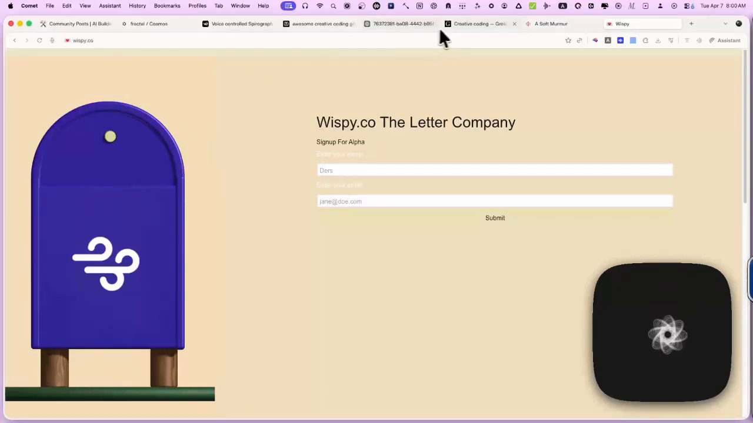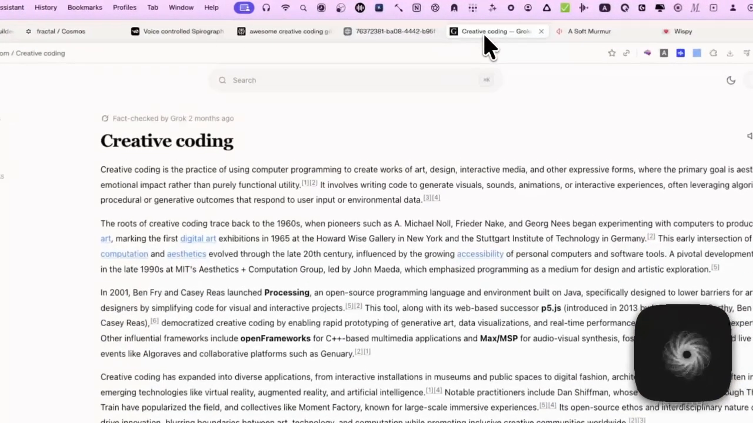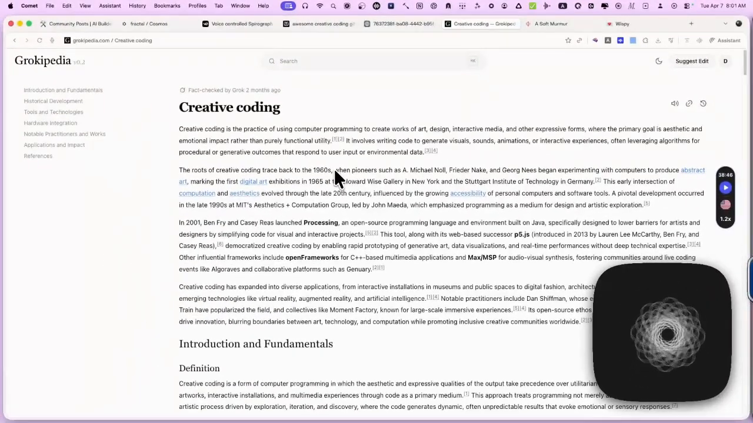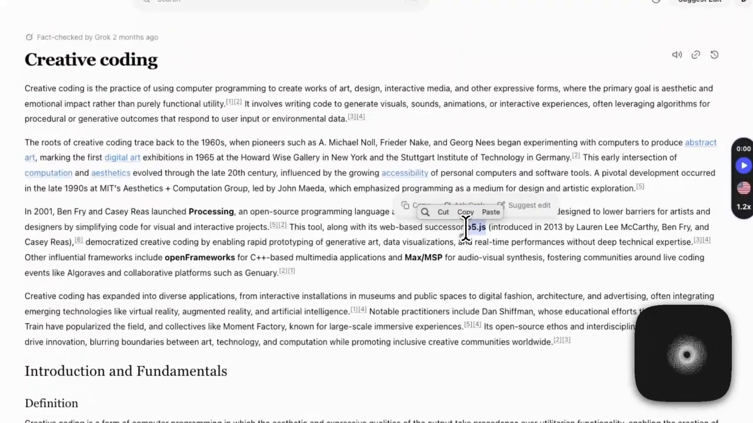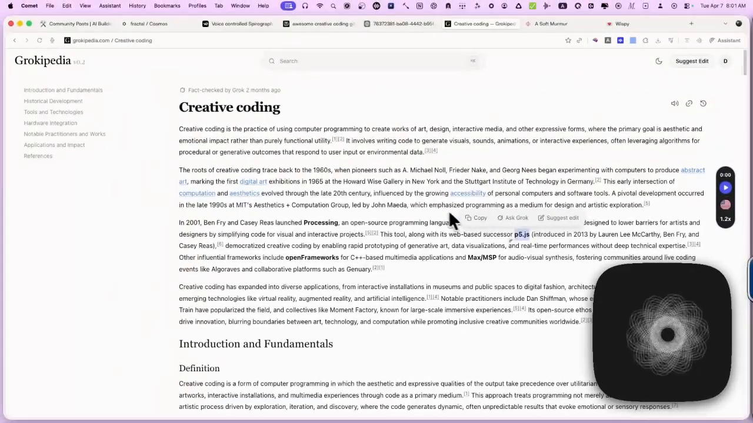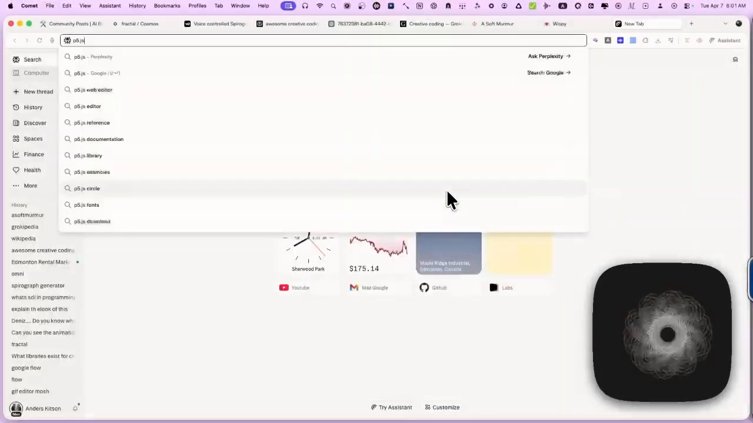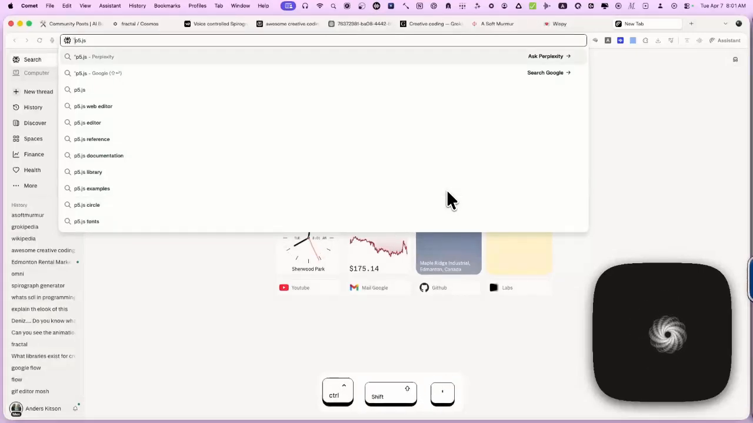So to start here, what is creative coding? Creative coding is the practice of using computer programming to create works of art, design, interactive media. It involves writing code to generate visual sounds, animations. The roots go back to the 1960s, P5JS. So that's probably one of the biggest foundational changes, I'd say. So if we search up P5JS,